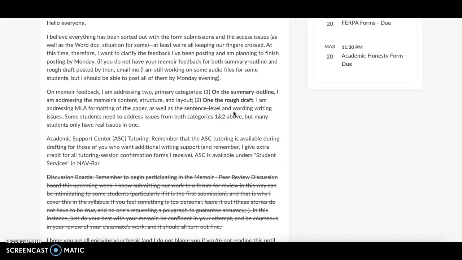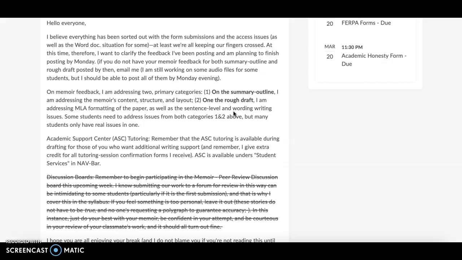So if you need more regular feedback on some of these items at any time, make sure you're submitting those through the ASC process and getting a feedback file from them on some of those. And some of you will actually have tutoring sessions with a tutor either in person or through the online format. The main thing there is to make sure that you're addressing the primaries that are of your concern at the sentence level with those, and they can be very helpful in that regard.